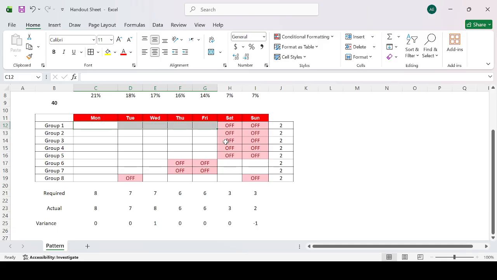But there is something else that appeared on the screen. We can see that we have a deficit on Sunday and we have an excess, or extra group, on Wednesday. So in this case, let's do this puzzle. Let's move here and there. So we can move the day off from Friday to Wednesday. And let's also move the weekend from Sunday to Friday and delete that one. I think this is